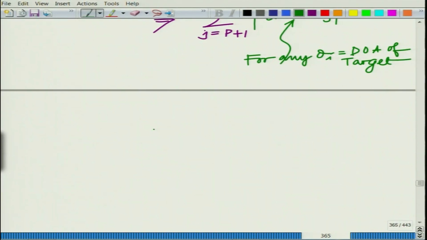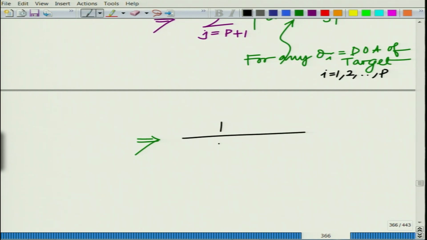arrival of one of the targets, I equal to 1 up to p, then that must satisfy this equation, that is summation j equal to p plus 1 to L magnitude A bar Hermitian theta I u bar j, the magnitude square of that summation must be equal to 0, which implies that for any theta I, where I equal to 1 2 up to p,